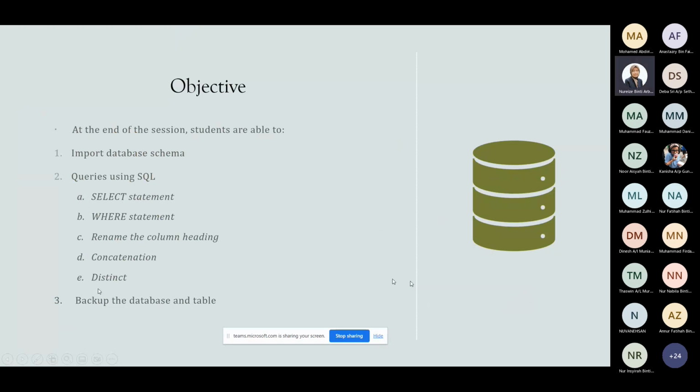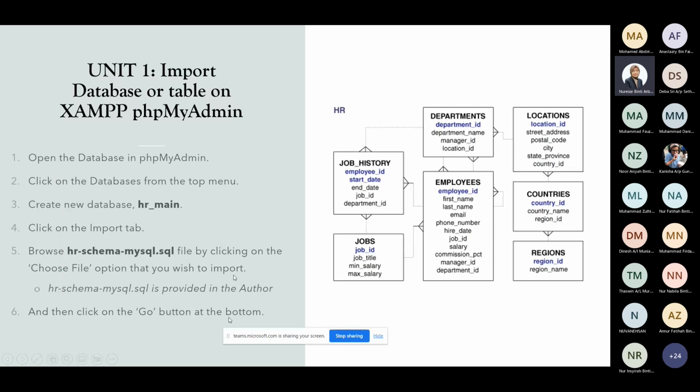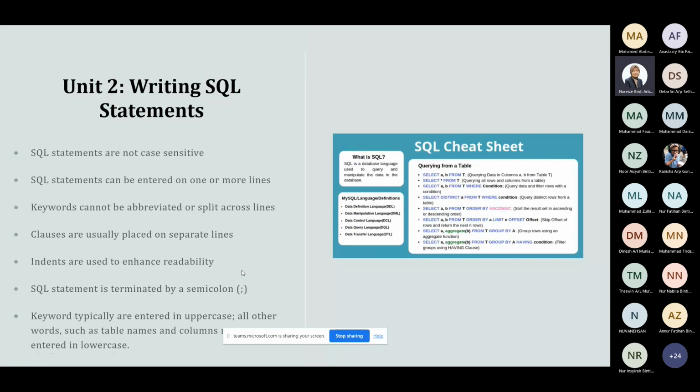So here is import database schema. In the unit 3 backup database schema, we will learn how to create the .sql file. This is the activities. I hope you can do it successfully. So before